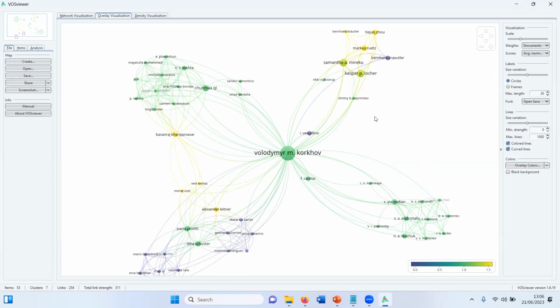So this can be used to find out which collaboration might have been more fruitful than others when citation is your benchmark. So this was my first example.